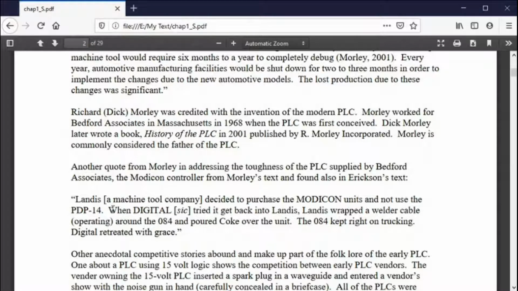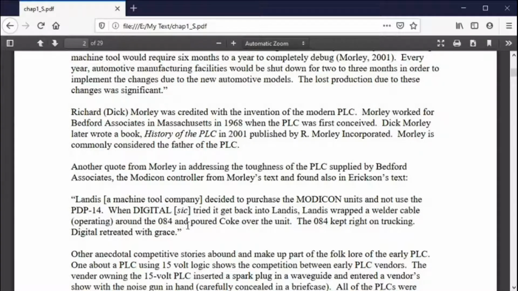When Digital tried to get it back into Landis, Landis wrapped a welder cable around the 084 and poured coke over the unit. The 084 kept right on trucking. Digital retreated with grace. In other words, you had to build them tough. You had to build them so that they could take all kinds of punishment, or they were not going to